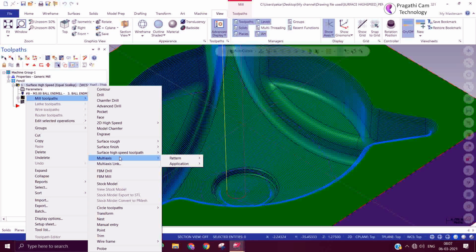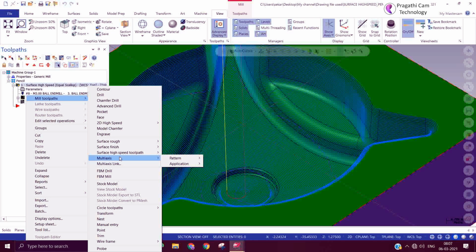We are not going to discuss multi-axis here online. For multi-axis, you need to have good concepts cleared first before going for machining. 5-axis machines are costly, so you should have a complete understanding of the machine before going for the toolpath.